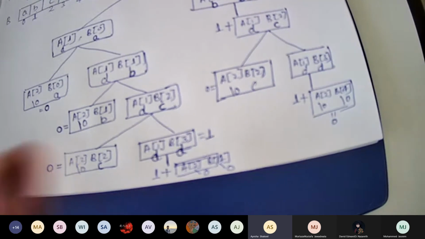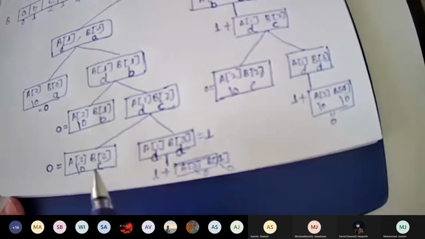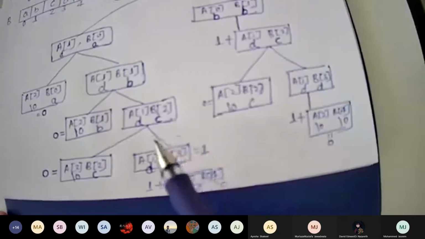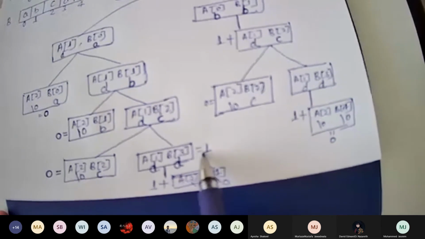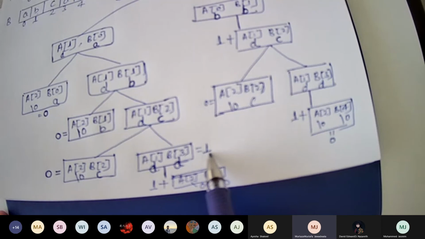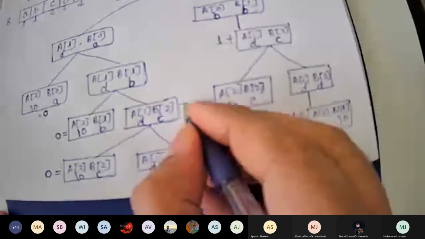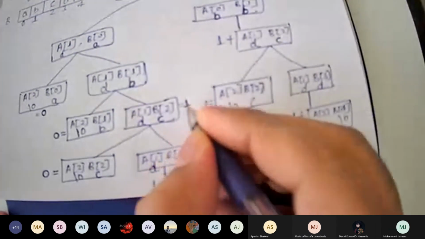Yes, sir. Okay. So now come here, max of this and this. Wherever there are two parts, what is the maximum of this and this? 0 and 1. 1 is maximum. So this value will be equivalent to 1.